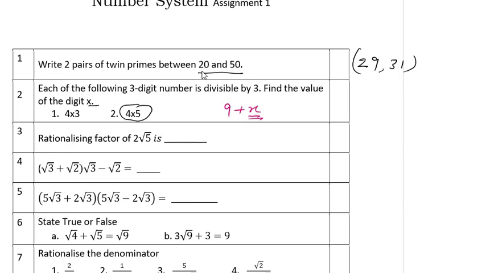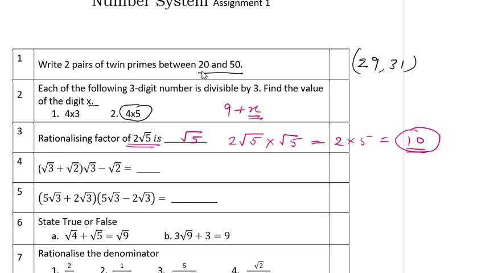Now the third question is the rationalizing factor of 2 root 5. Now, by rationalizing factor what do you mean? By rationalizing factor we mean a number which, if I multiply, then I will get a rational number. So I have 2 root 5 given, the minimum number I will say. Now if I multiply this 2 root 5 with root 5, my answer will be 2 into 5, which is 10. So I got a rational number, therefore I say the rationalizing factor of 2 root 5 is root 5.